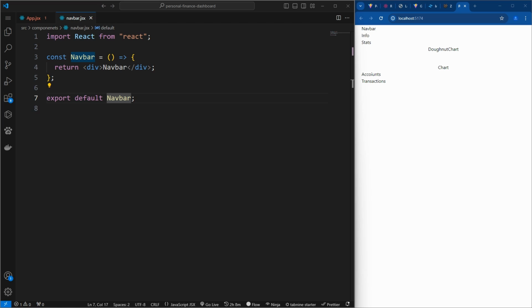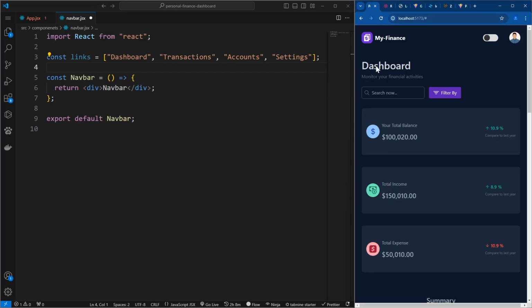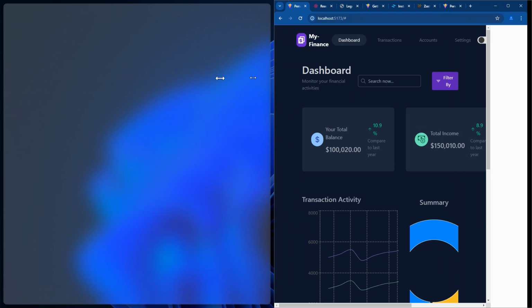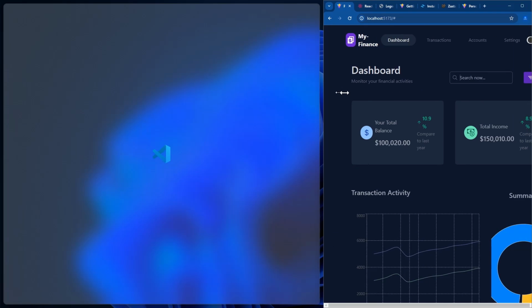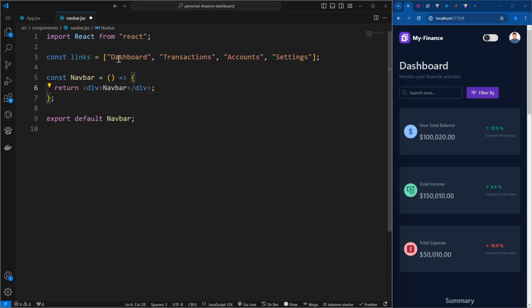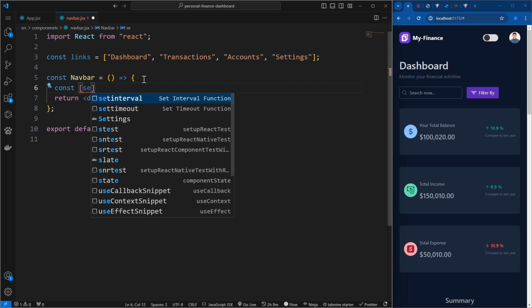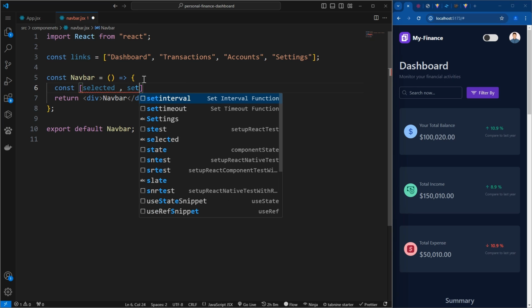Okay, so I have created an array, right? So this is the array. If you look to the top there, you can see that there were these. So those are the things I have here. Just an array of dashboard, transaction, account, and this. Great. Now we'll need something called useState. So I'll say const selected, right? We need to know the selected, selected, and setSelected